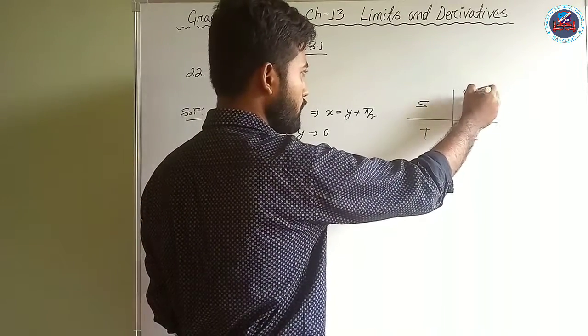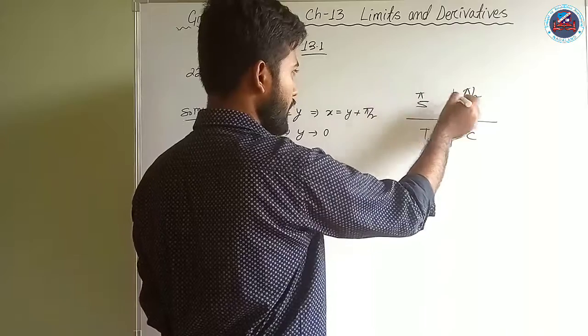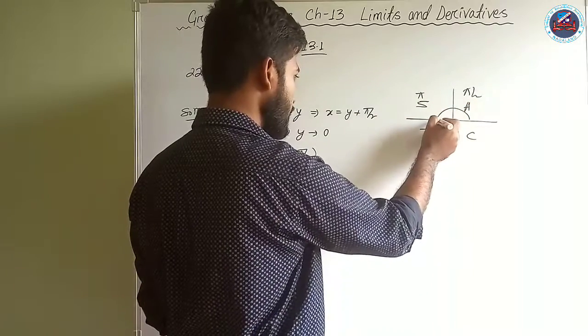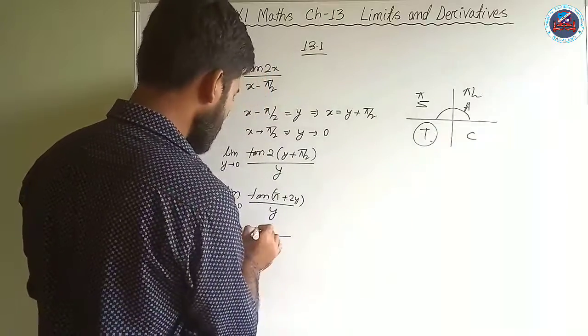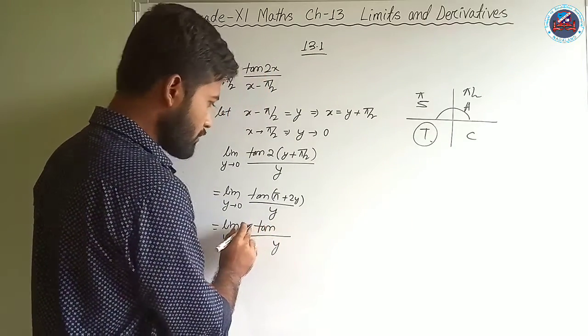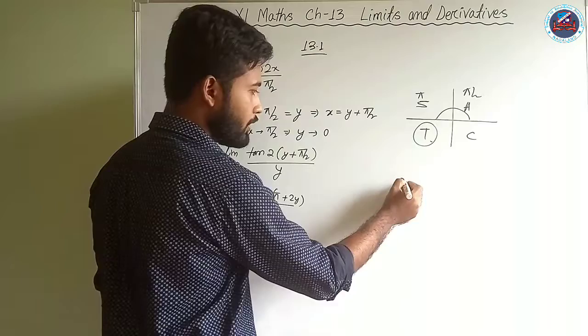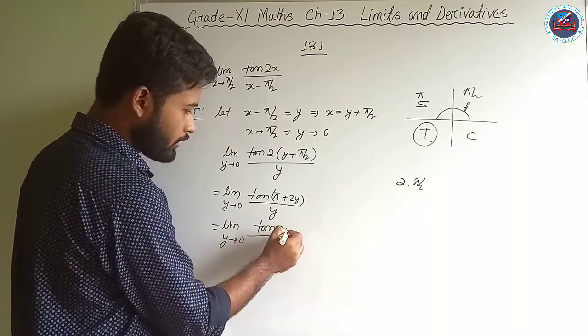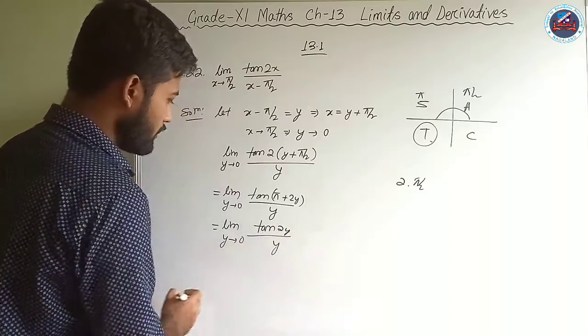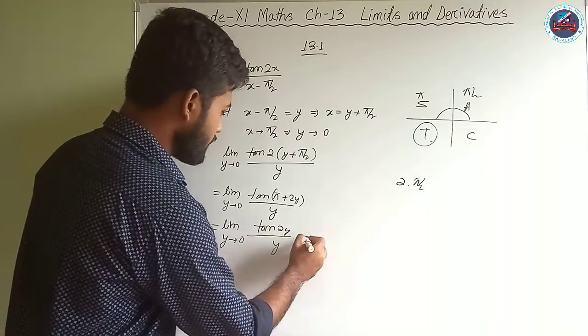So it is pi by 2, first quadrant, second quadrant is pi from here to here, and third quadrant, since it is plus something, so it will be here, and here tan is positive, so we need to write tan here, which is positive, and since it is in the even multiple of pi by 2, so tan will be tan along with twice y. Okay, now what is this?